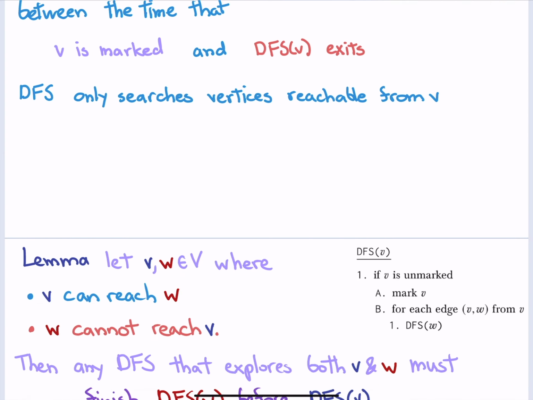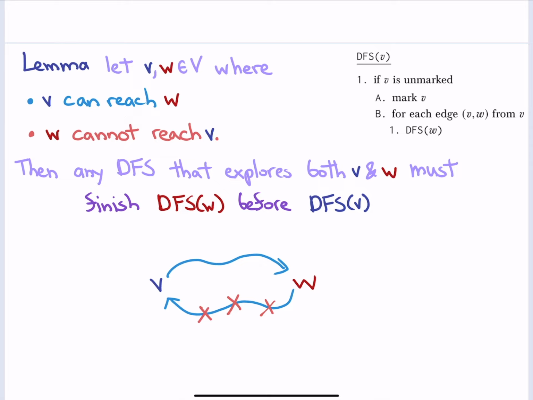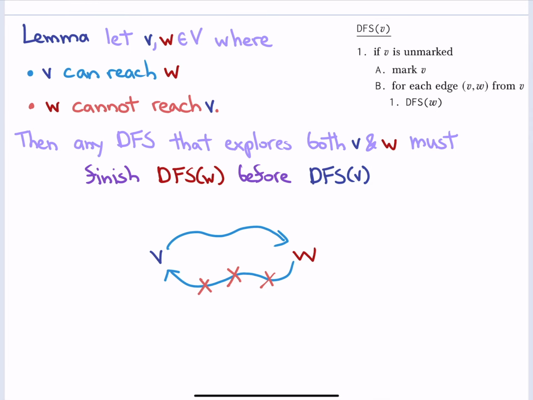All right, so let's look at this lemma. Suppose I have a situation like in that picture. I have two vertices V and W, where V can go to W, but W cannot go to V. A little asymmetry. The claim is that if I run DFS and I end up visiting both V and